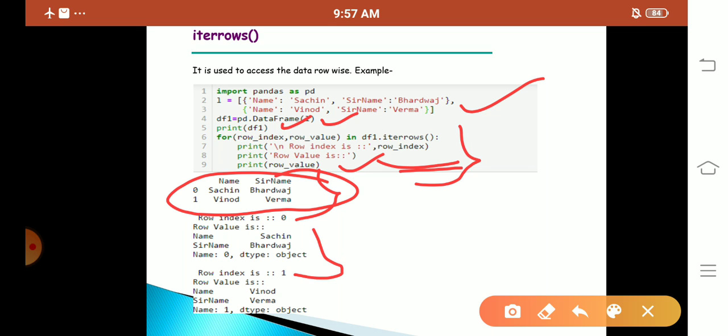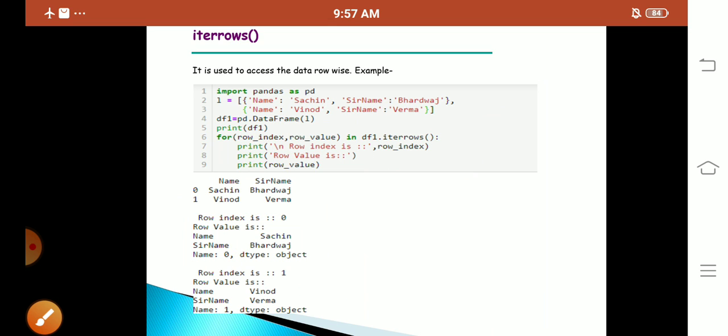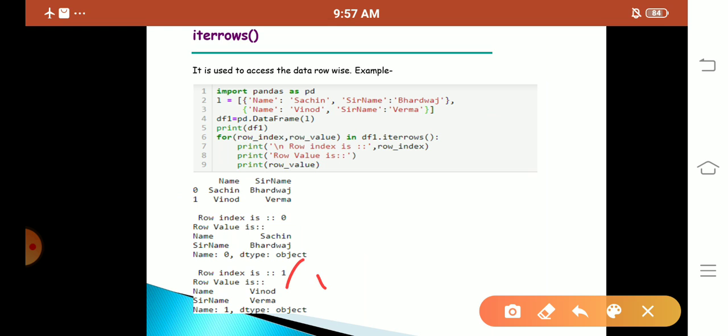Next, for index zero the name values are stored, and here the first value is stored. Here the zero index is stored, here the first index it will store. Since we have only two values, it has not been specified where we have to stop, so by default it will give me all the output.